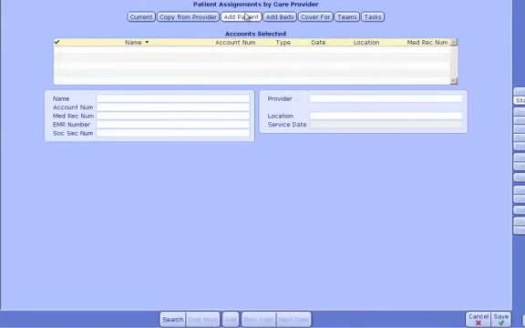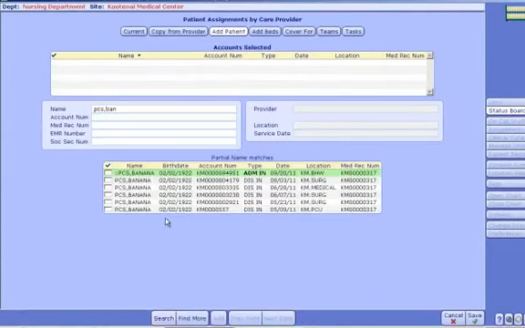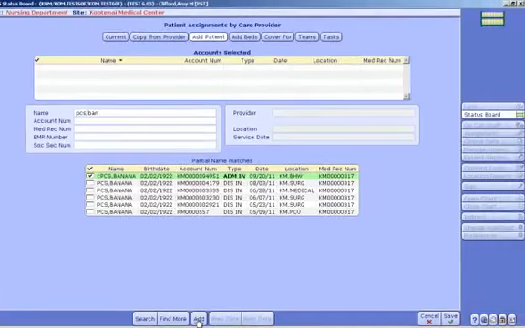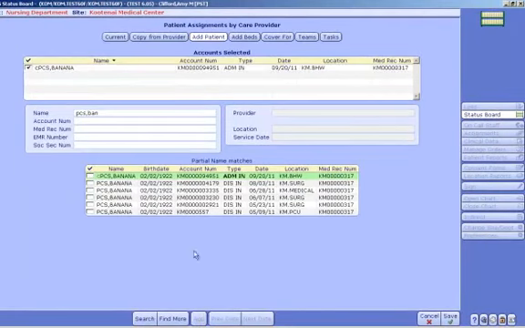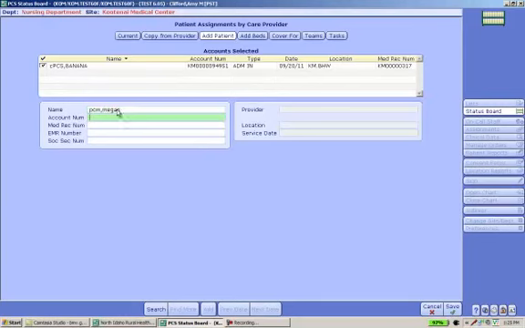We're going to select the Add Patient button and type in our patient's name, last name, comma, first name, and then select Search. You're brought to a list of patients with identifying characteristics. You would merely place a check next to your patient that you're wanting to choose and select the Add button below. This adds the patient to your list or the account selected, and you would have the ability to choose another patient to add to your list at this time by completing the same steps